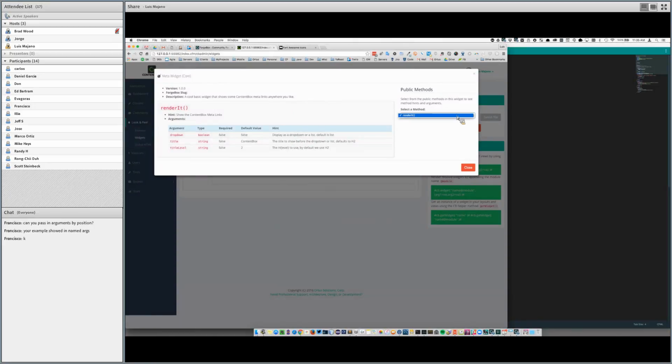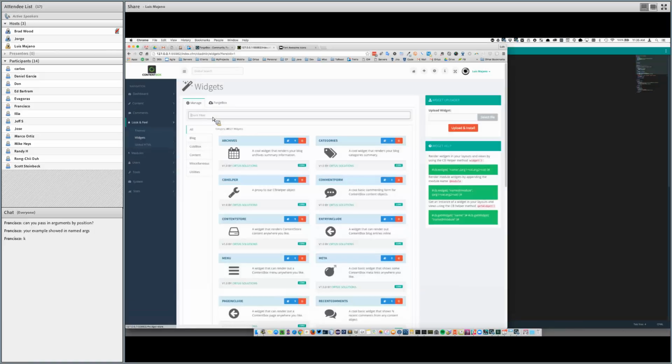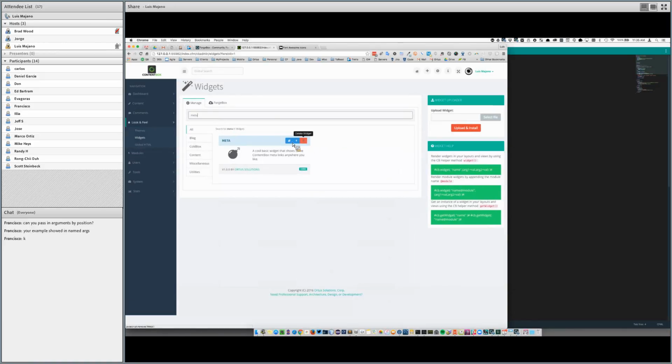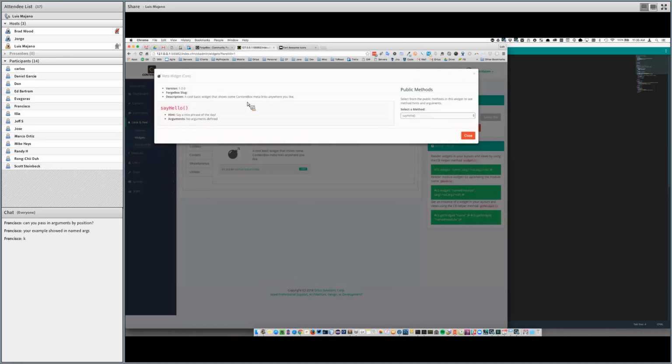All right. Now, it also gives you the ability to read the widget documentation. So here's the documenter. It tells me how the users will actually see my documentation. It tells me how many methods I have available. See, there's the render it method. I can actually go in here and create another method. So I'm going to create another method, and I'm going to call it function say hello.